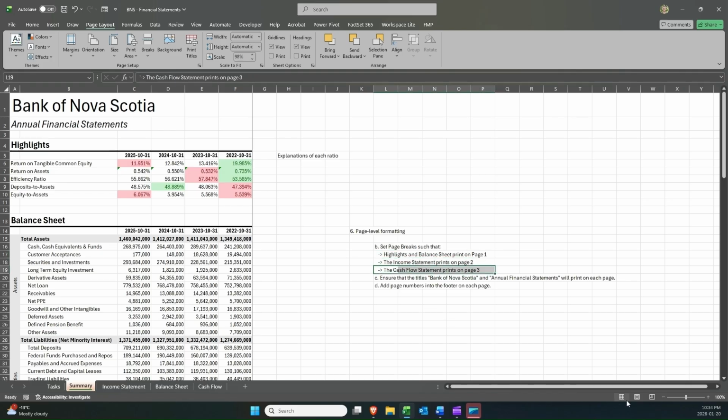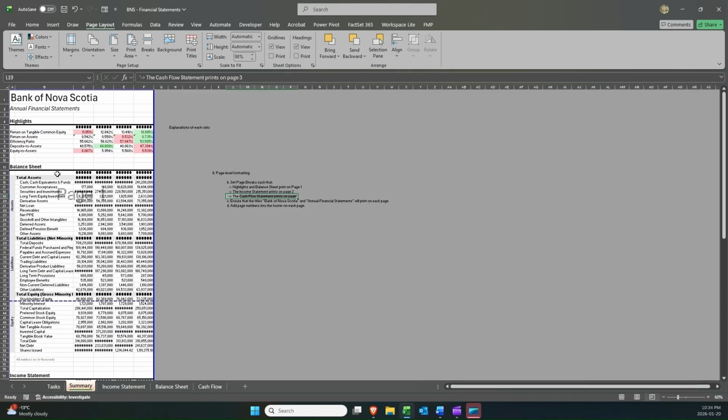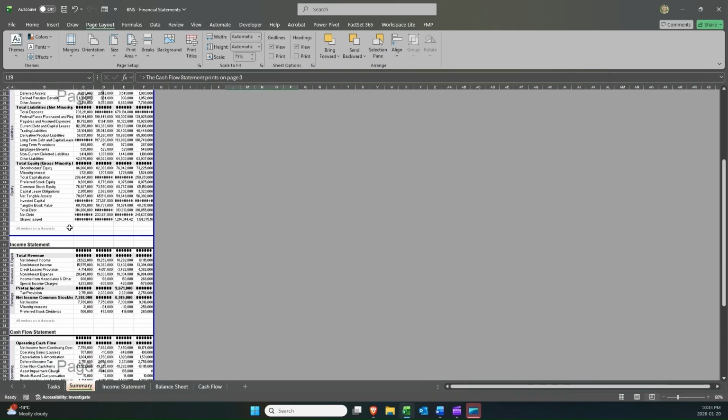All right, I'm going to go back into my page break view here. We'll just do that really quick. My highlights and my balance sheet on page 1. So I'm going to take this dotted line here. This dotted line indicates that it is automatically set by Excel. I'm just going to drag that down to beneath my balance sheet. So page 1 is my highlights and my balance sheet. I'm going to go down to my income statement